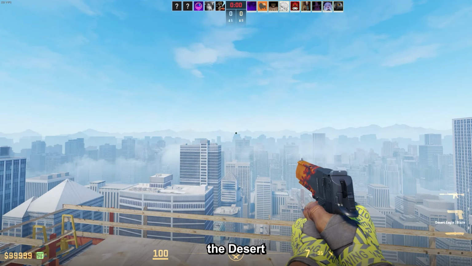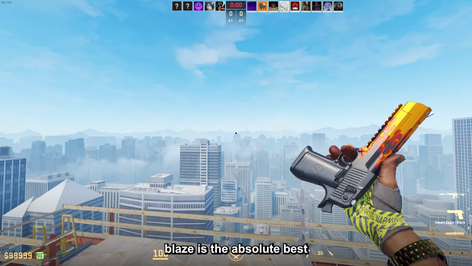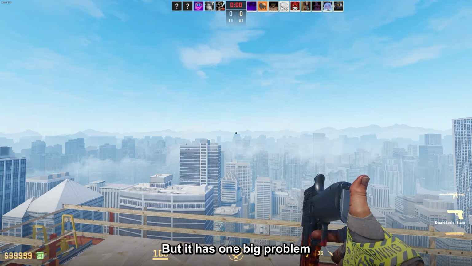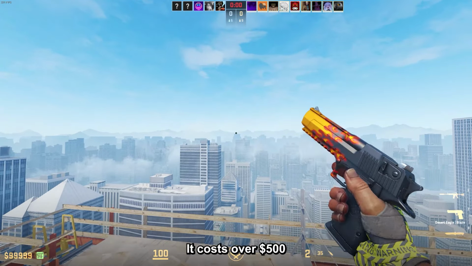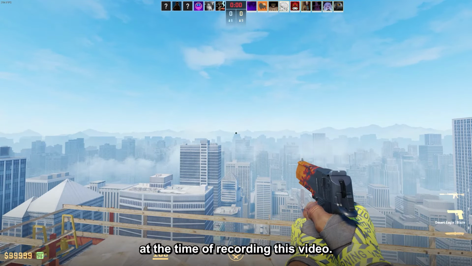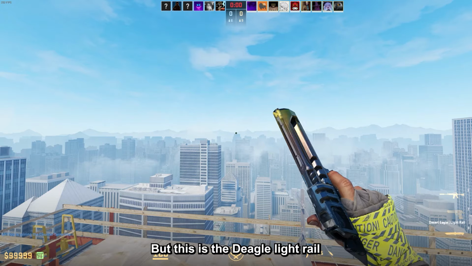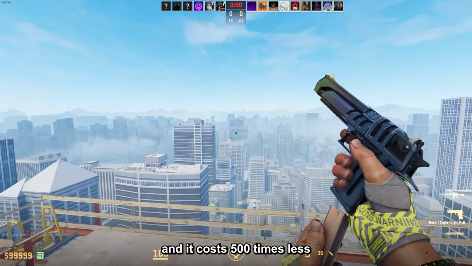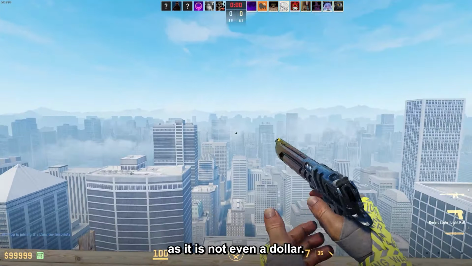For many people, the Desert Eagle Blaze is the absolute best and most iconic Deagle skin in CS2, but it has one big problem: the price. It costs over $500 at the time I'm recording this video. But this is the Deagle Light Rail. It might not be as good, but it is great, and it costs 500 times less, as it is not